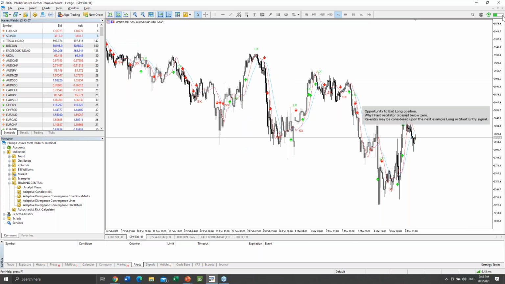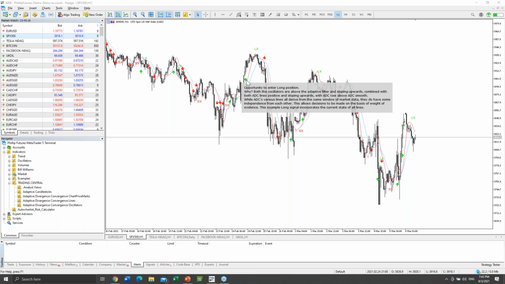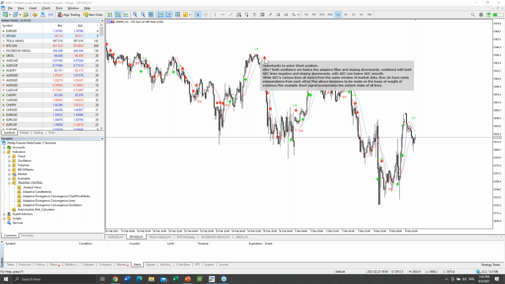You can actually see the chart being populated by green and red arrows. If you hover over, you will notice that there is a remark to tell you the green arrow is basically an opportunity to enter a long position, buy. And LX means to exit the long position, and the red arrow indicates the opportunity to enter a short position,